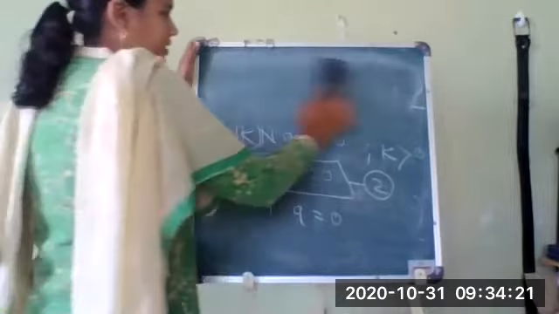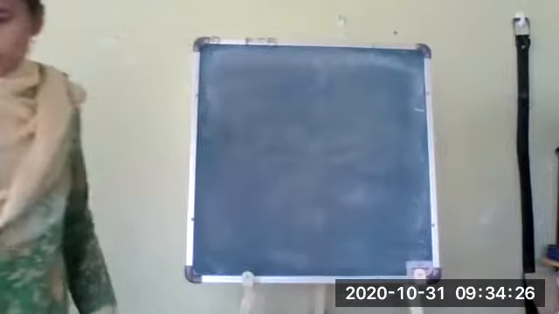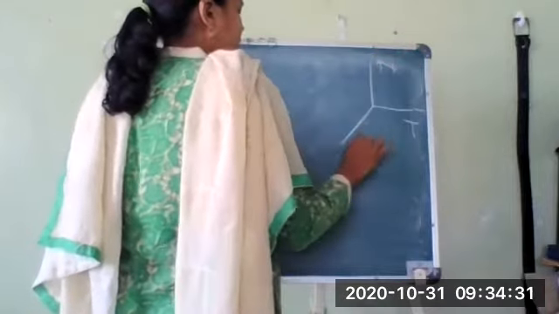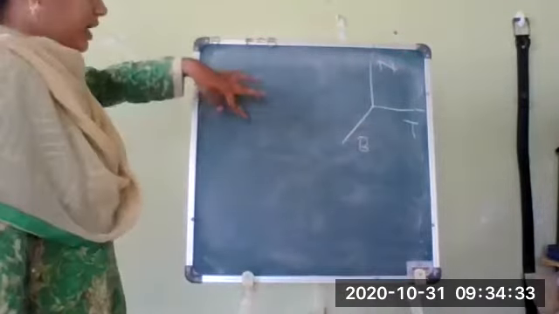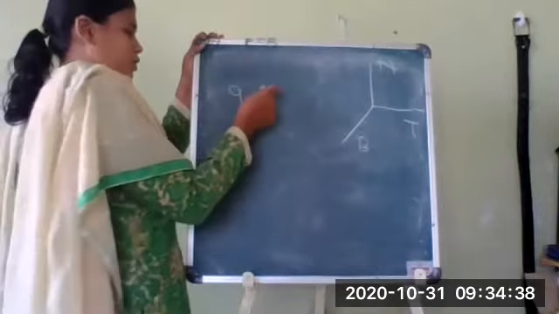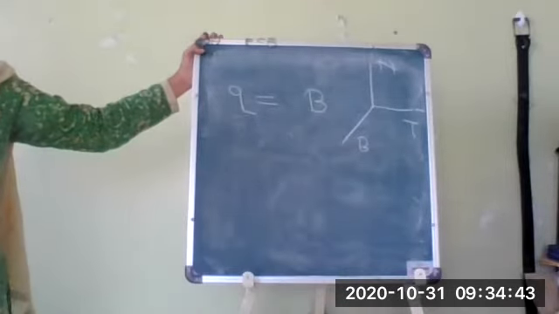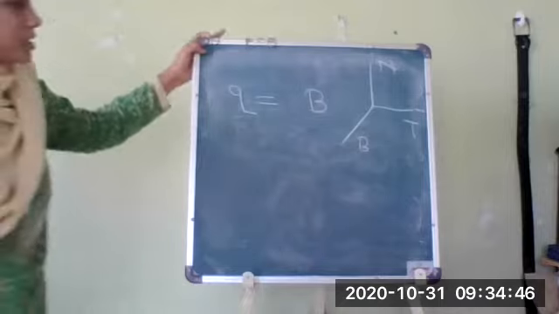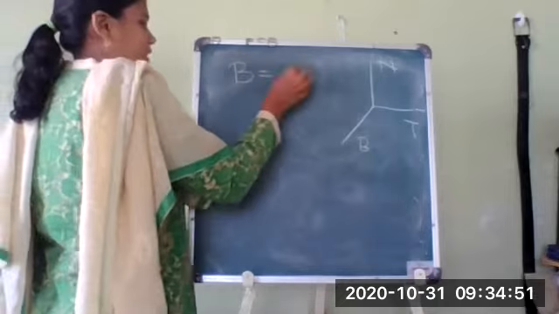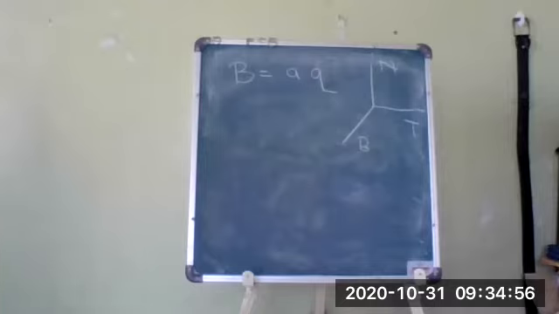Okay, q is a vector which is perpendicular to both t as well as n. If you remember, we have T, N and B forming a frame field. So what we have obtained, q is a vector which is perpendicular to n as well as t. So what should be the direction of q? q should be in the direction of b. So q must be a scalar multiple of b. Hence we can write b is equal to a into q. If q is in the direction of b, we can write it is some scalar multiple of b.